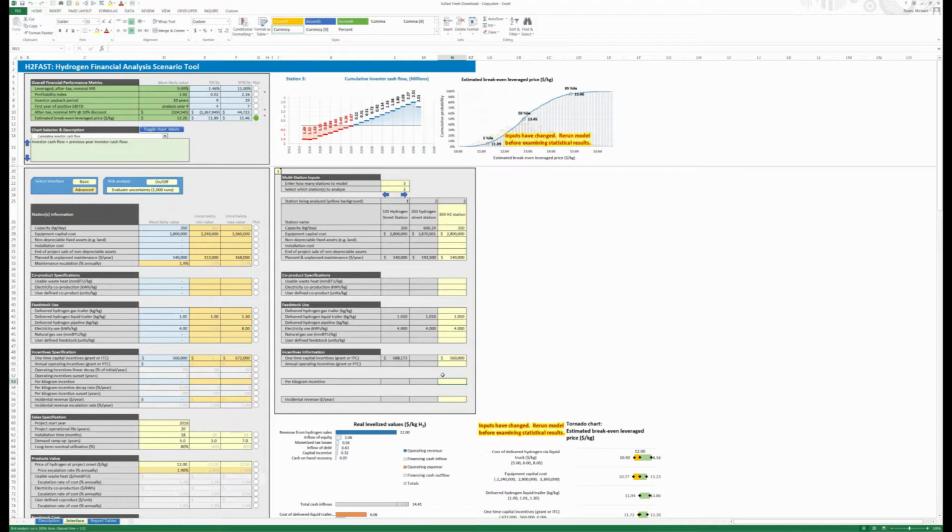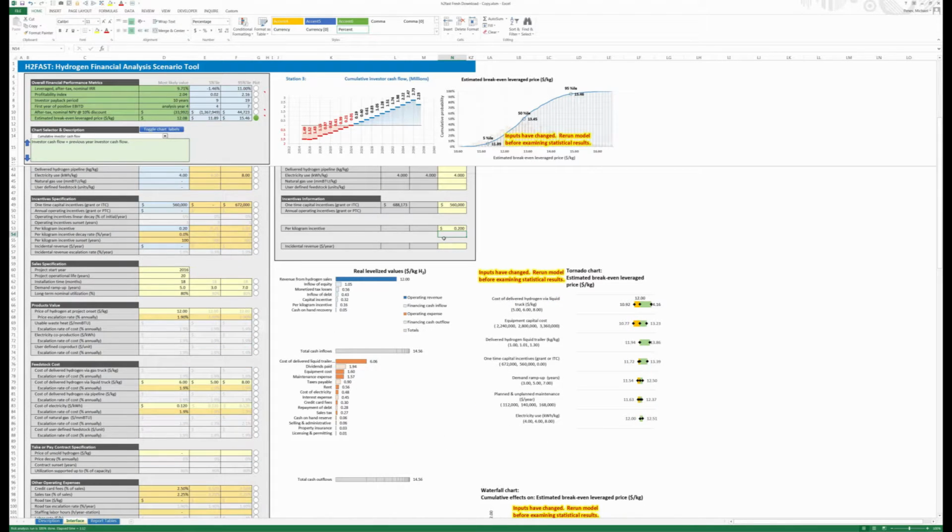Yeah, so LCFS, low carbon fuel standard, is typically calculated based off of how much carbon you reduce per unit of throughput. So per kilogram, it might be, for example, 20 cents per kilogram that you get as a credit, or 60 cents if it's completely renewable. There are different amounts. Where you will specify that is in this line here. It says per kilogram incentive, which is intended for items like LCFS. Let's say that you're not a particularly renewable pathway. You might have something like 20 cents